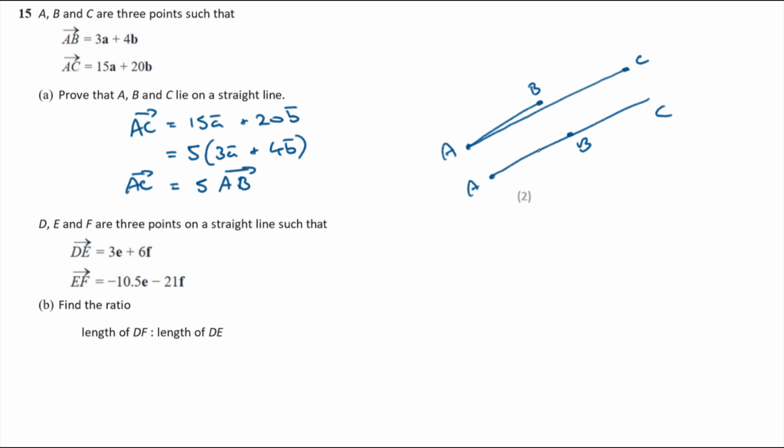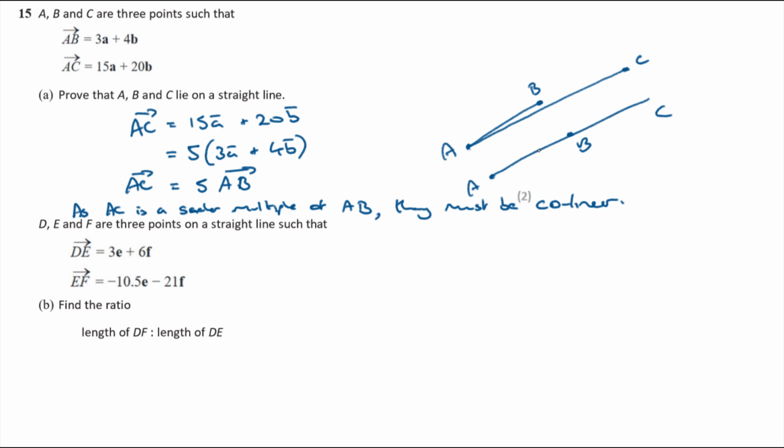So as AC is a scalar multiple of AB, they must be collinear, which means they lie in a straight line. Okay, now moving on. D, E, and F are 3 points on a straight line such that the vector D to E is 3E plus 6F,